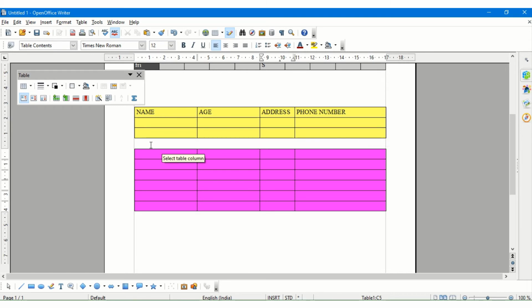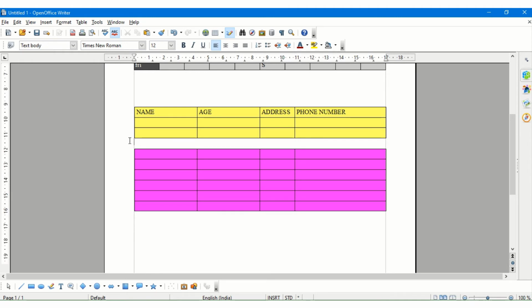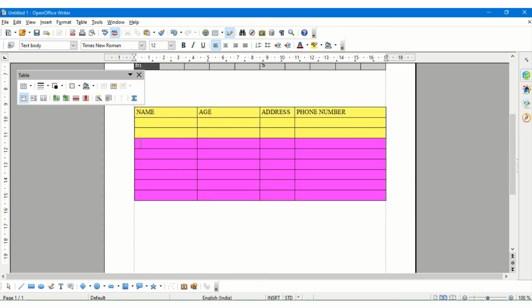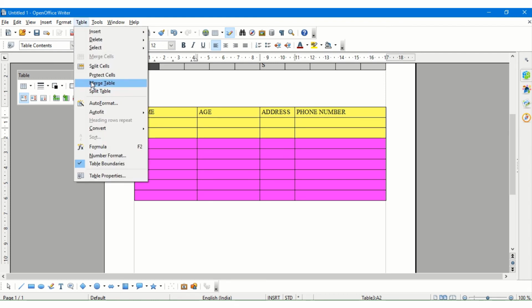Whenever I click on a split table, there is a paragraph gap which comes over here on this edge. Click here and press the delete key, not the backspace key. Press the delete key. Now it will look like as if the whole table has got merged, but actually when you try to select this column, only this is getting selected. That means the 2 tables are still not merged. Now if I want to merge the table, click my cursor, table, and merge the table.